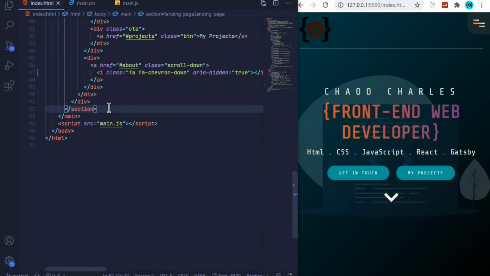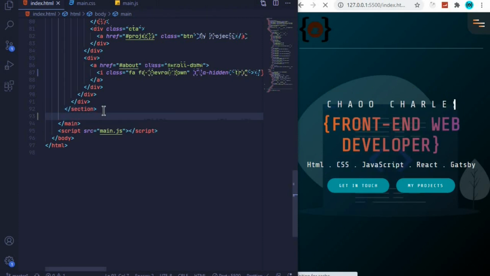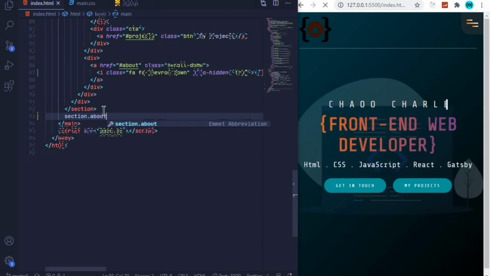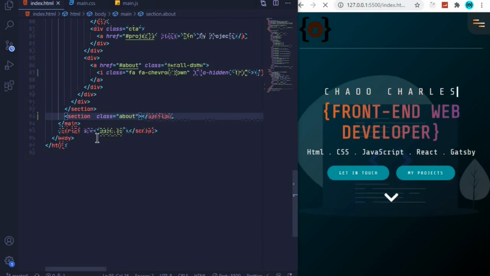Now let's start laying down the HTML structure of our About section. So open your index.html file, and after the closing section tag of the landing page, we will add a new section with a class of About. So right here we will say section.about, enter, and we will also add an ID of about. So id equals about,